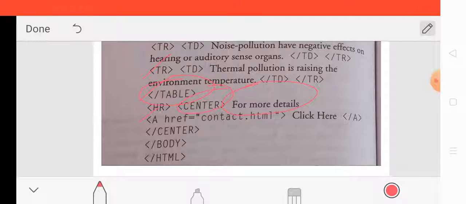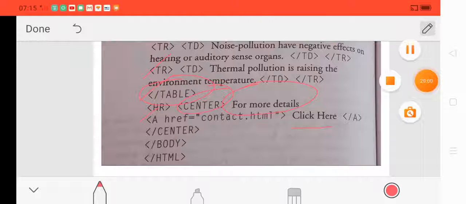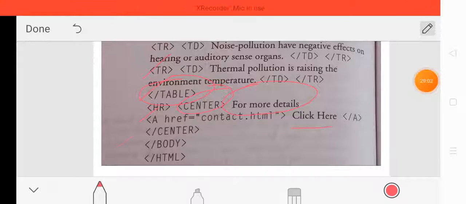After that there is a line "for more details, click here," and click here is a link. So we convert it into a link by using the anchor tag. We write a, then href. With the href attribute we write the address of the web page, that is contact.html, that is given in the question. After that we close the center tag, then the body tag, and at last the html tag.